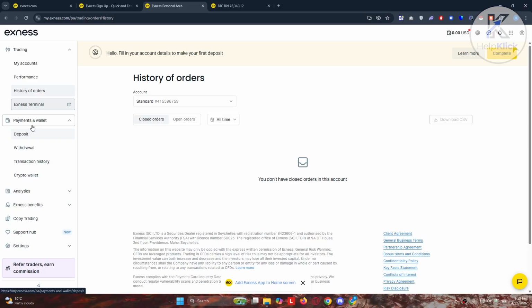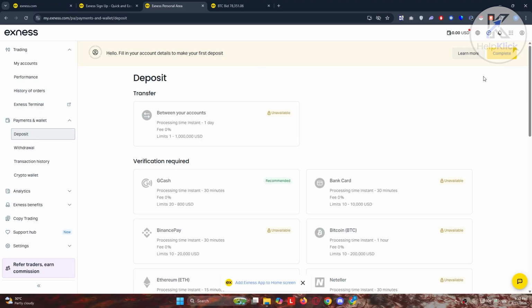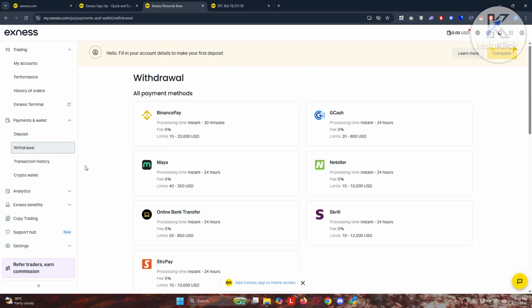Next, we have the wallets and payments section. This is where you'll be able to start depositing money. As you can see, deposit. Obviously, you may need to complete or provide further details about yourself in order to make your first deposit. If you want to withdraw from your accounts, you can choose withdrawal here,